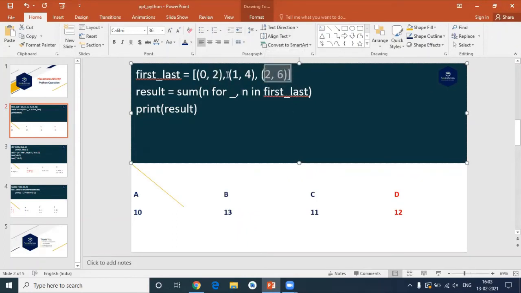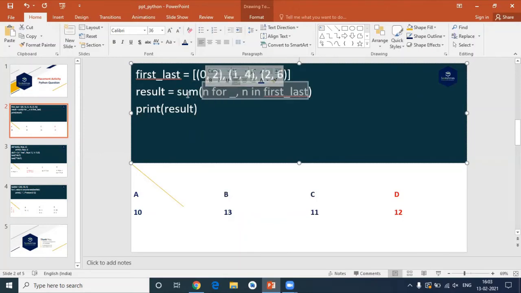I pick the next value, and in it only the last value, and the same for this one also. So finally I'm picking the last value of each one. Those last values are 2, 4, 6. Only 2, 4, 6 is returned from this expression.